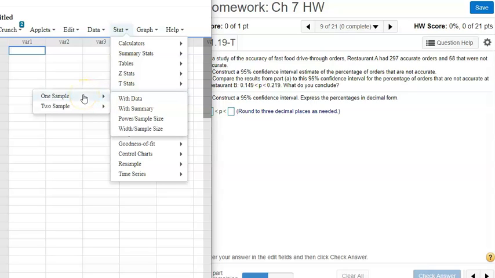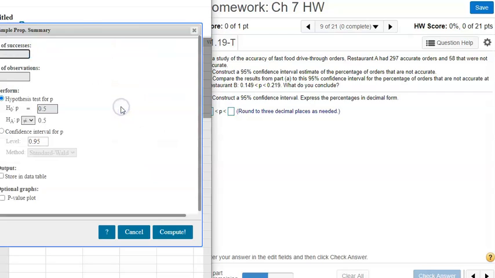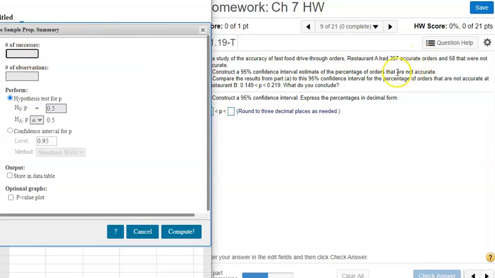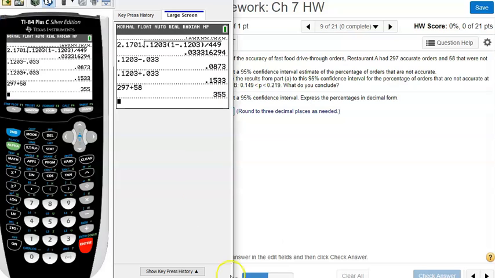This is going to be 1 sample, and since they didn't give me the actual data, they just gave me the sample results, that means I'm doing this with summary. The number of successes is the number that correspond to what they're asking for here. If it's the percentage of orders that are not accurate, then my successes would be the number that were not accurate. In this case, it's 58. My number of observations is my sample size. For that, I'm going back to here where I added the 297 and the 58, so my sample size is